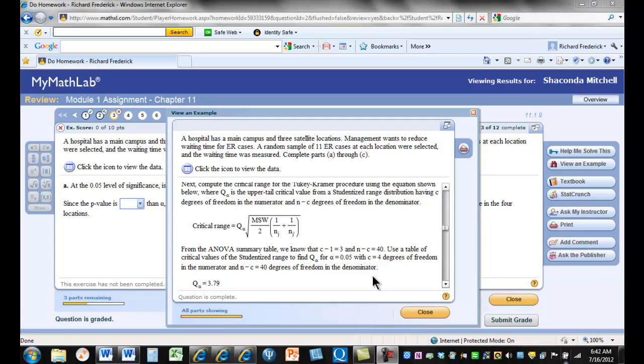So we're talking about how to find this value QA, and we want to put it in the critical range formula here, which has QA, mean squares within, n sub j and n sub j. Actually, those are both n sub j's, aren't they? Okay, so